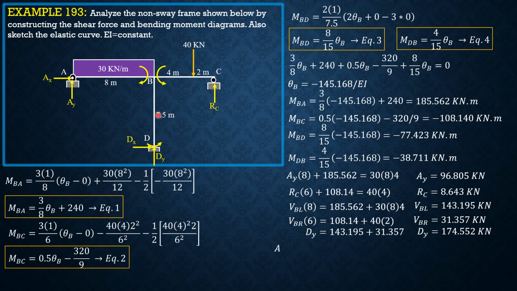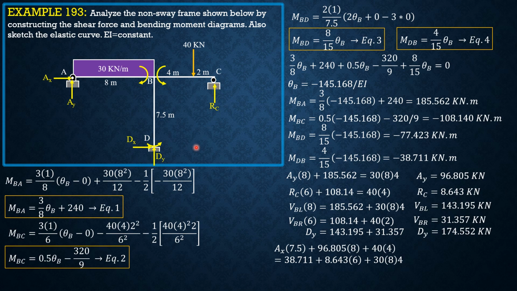For dx, considering the entire system, summation moment D equals 0. So AX times 7.5 plus AY, which is 96.805 times 8, then plus 40 times 4, then equals this moment here, which is MDB, 38.711,